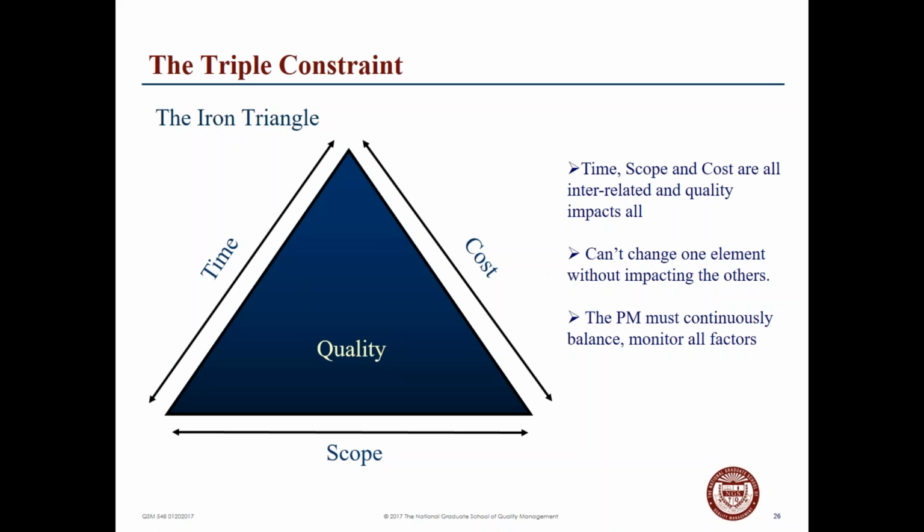And these are all interconnected in terms of our focus on quality. So when you look at time, scope, and cost, they're all interrelated, and the quality of how we look at that impacts all of them. So if you change one of them, for example, say the cost of the project, if you have a reduction in cost, it's probably going to impact the time that you have to complete the project and maybe what the focus of the project could be. Because you can't change one of them without impacting all the others.